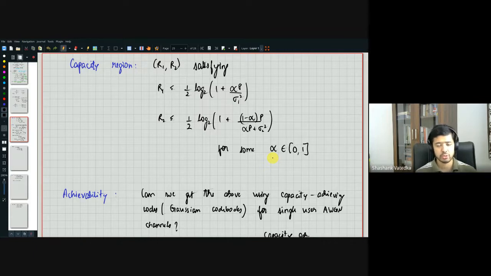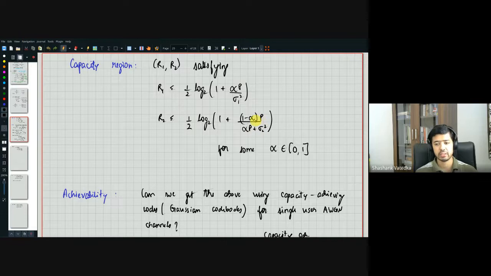User 1 is able to decode both code words as long as essentially R1 plus R2 is less than or equal to half log 1 plus P over sigma 1 square. And in particular, if R1 is less than or equal to half log 1 plus alpha P by sigma 1 square and R2 is less than or equal to this, then user 1 is able to decode correctly. User 2 essentially decodes